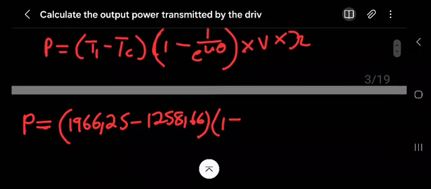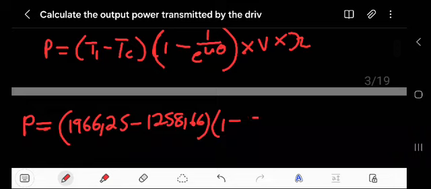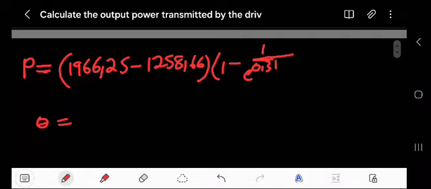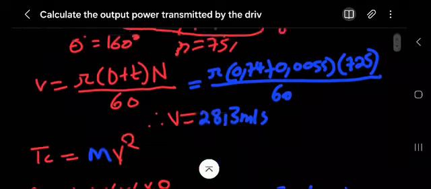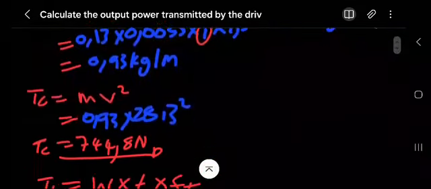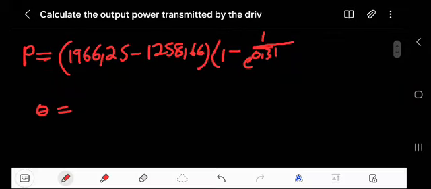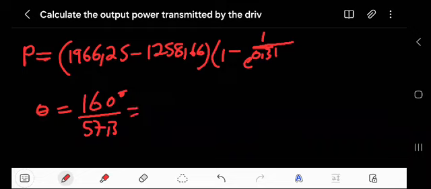So there we have minus over 1, we have E 0.31, but theta, what will be theta? The angle of wrap. We've been given that, what was the reduction? 160, but it must be in radians, but that was in degrees. Sorry about that alarm. To convert to radians we'll divide this angle by 57.3. You get me? Then this will be 2.9,